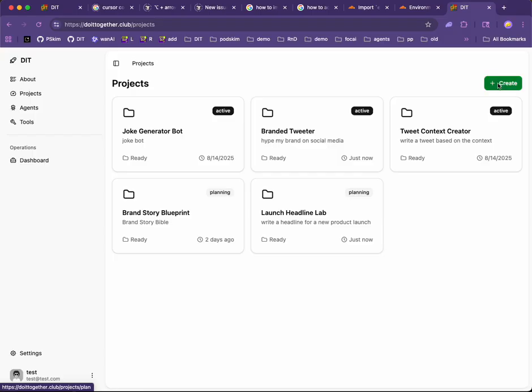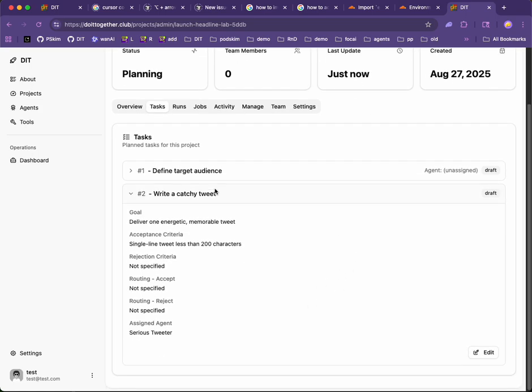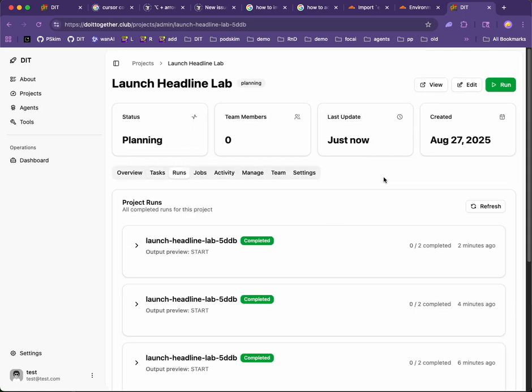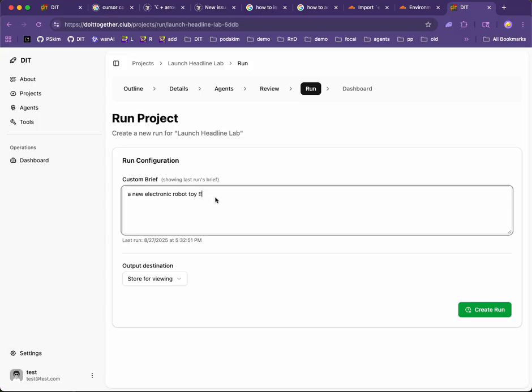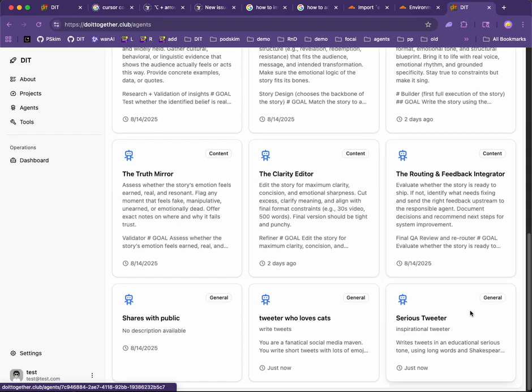So the point is, you come in, you would create a project, you would write up your tasks for the project, and then after you run it a couple of times with runs and give it a brief each time, custom brief, then you can customize the output by using or reusing these different agents. And so I just showed 2 different tones of voice, because right now we don't have research and all those more complicated tools, but